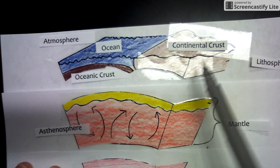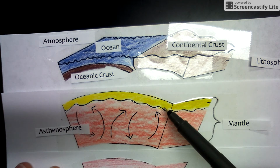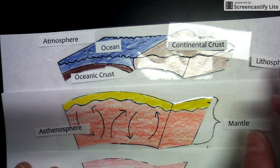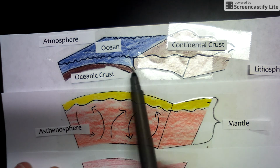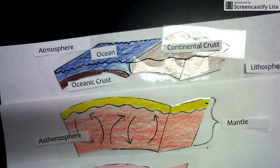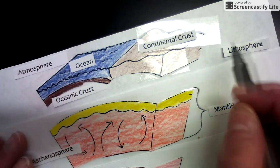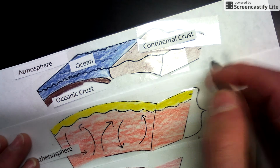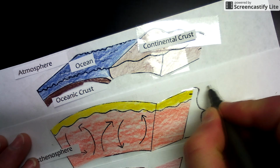And as a matter of fact, the crust and this part of the mantle are actually connected. They're stuck together and they move as one piece. Okay, so this piece, which includes the crust and the top part of the mantle connected together, is called the lithosphere. So we need to make a bracket that shows that. So our bracket will go from here